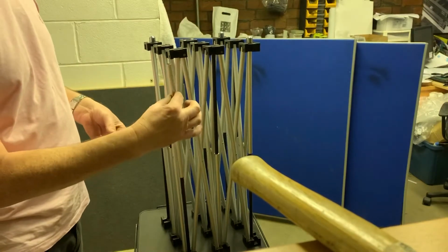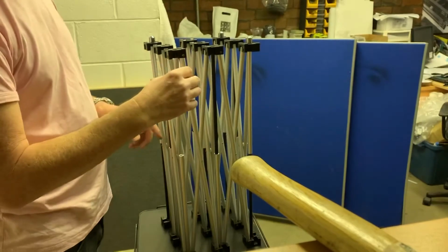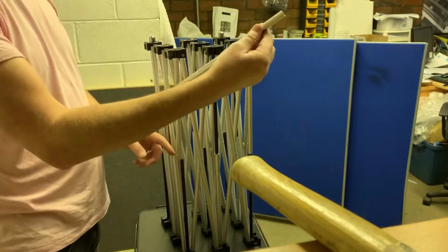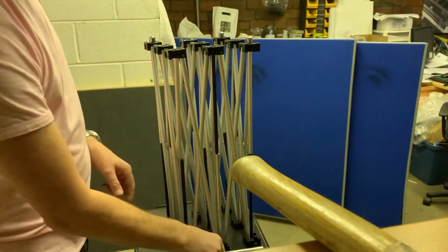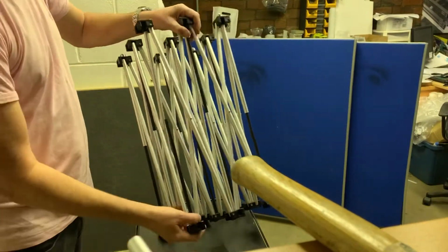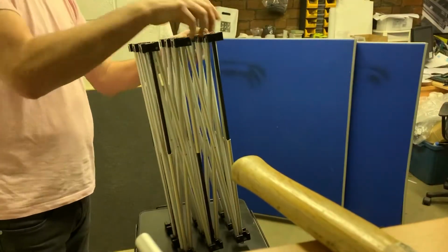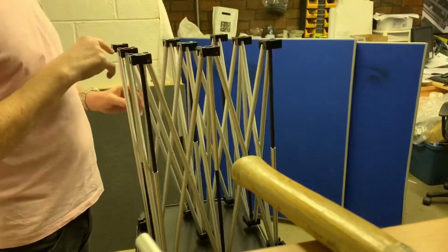You'll feel that the aluminium pole becomes loose after doing so. You can remove that. One end's got the thread on. Then we're going to turn the riser upside down, and you'll notice that the black